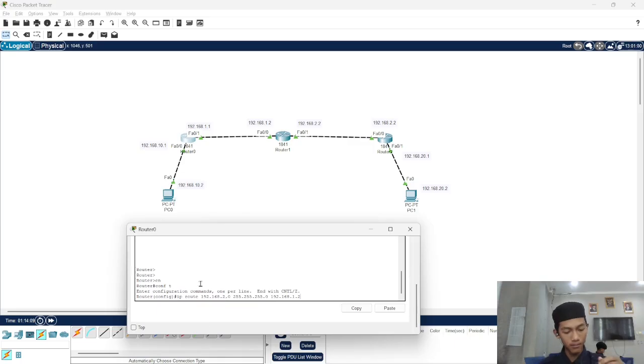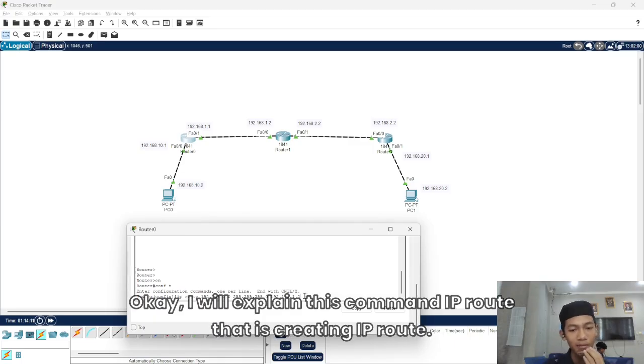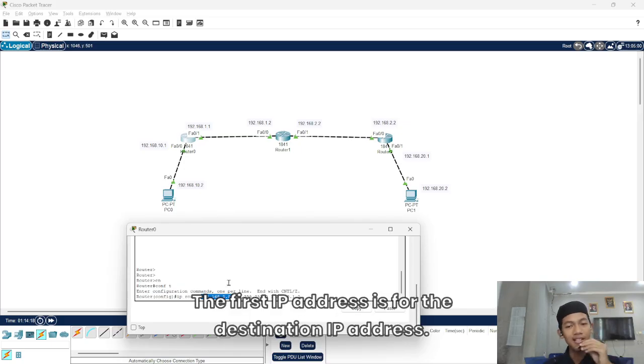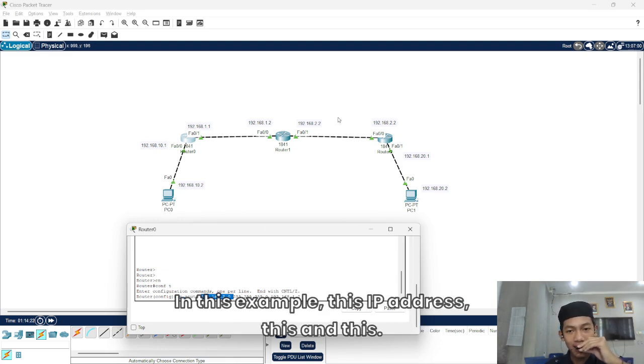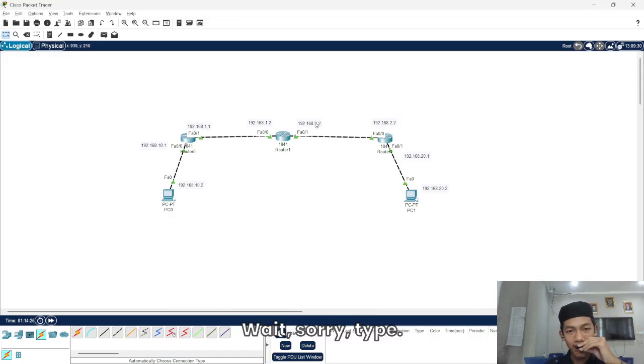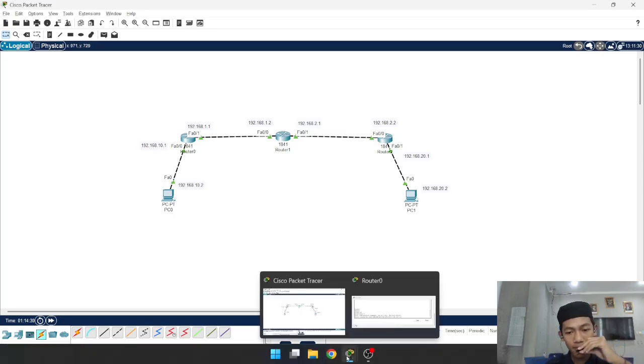I will explain this command ip route, which creates an IP route. The first IP address is for the destination IP address, in this example this one.